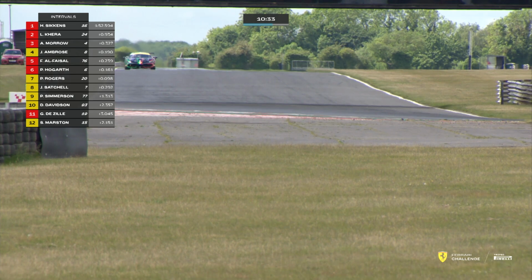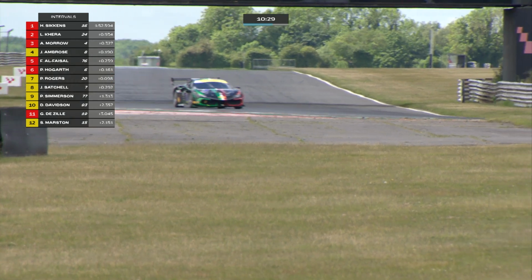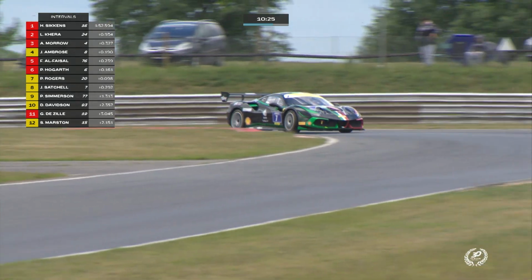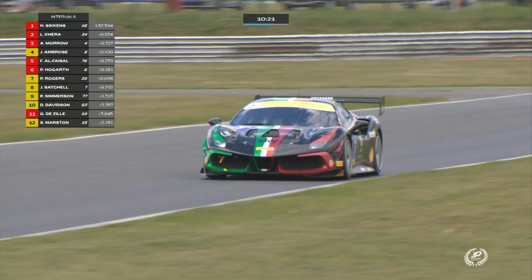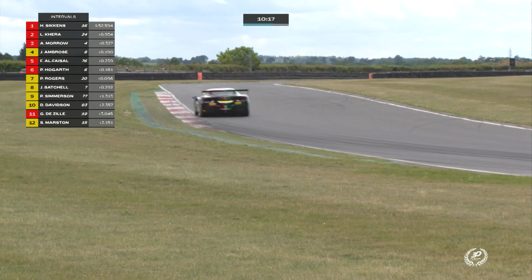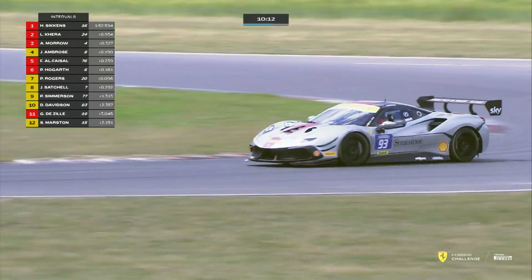Lucky Kira, though, still with time to find, 10 minutes or so on the clock for qualifying 1 here at Snetterton for round 2 of the Ferrari Challenge UK. Hansikens currently with provisional pole, 9/10 clear at the moment of Lucky Kira. Then comes Andrew Morrow and Jason Ambrose,